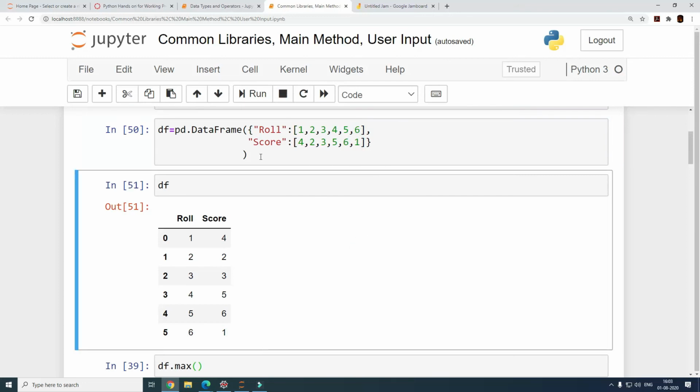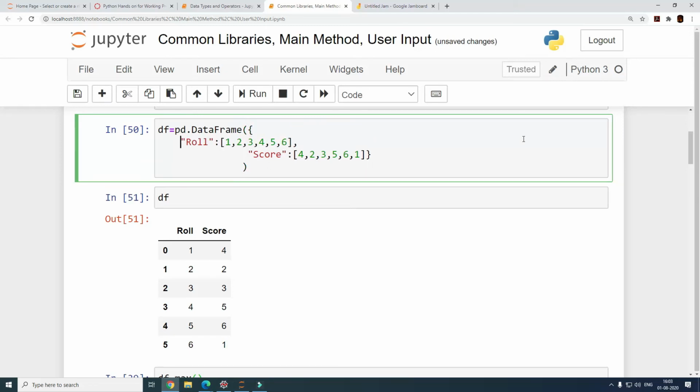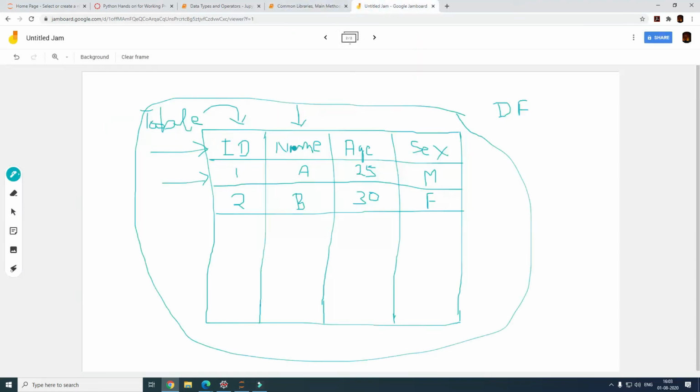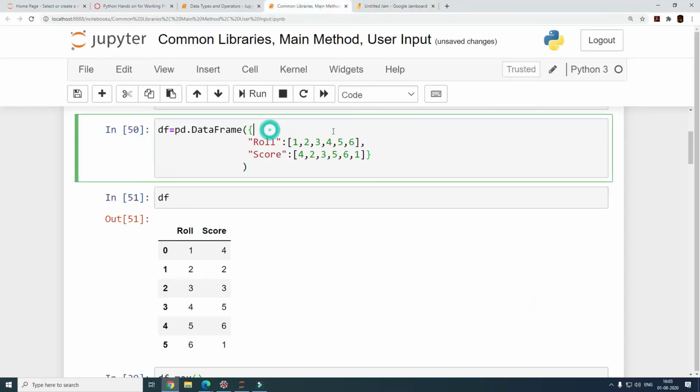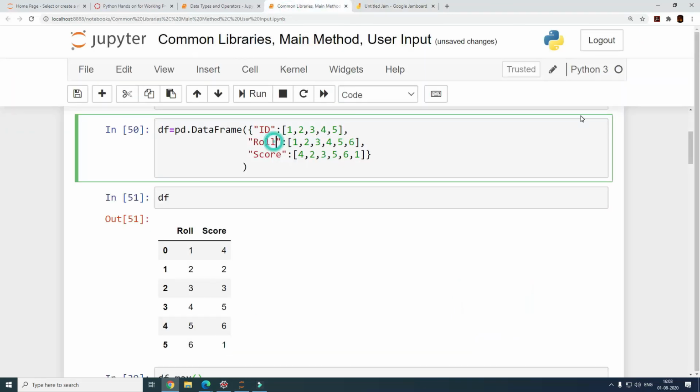So this was a simple example. If you really want to change this or extend this, we can make this a little more meaningful as well. And what we can do is take the example of this one, right? ID, name, age, and gender, right? So let's quickly change this, and this is going to be very simple. Whatever fields you need to define, you need to define them as keys, and then the values you can specify inside the value pairs, right? So for simplicity, I'm just taking 5 rows. The second field that I need to define is name, age, and gender, right? So let me change this to name, age, and